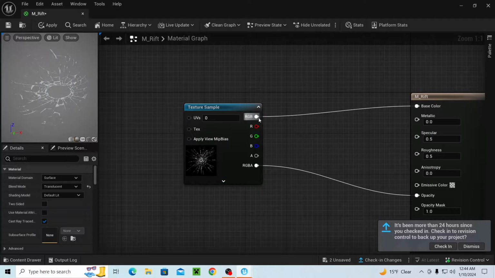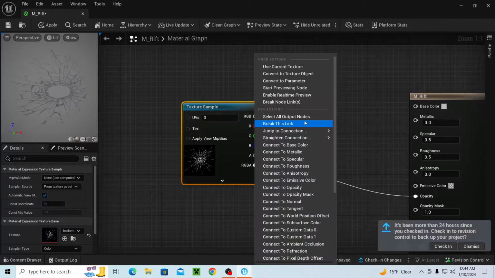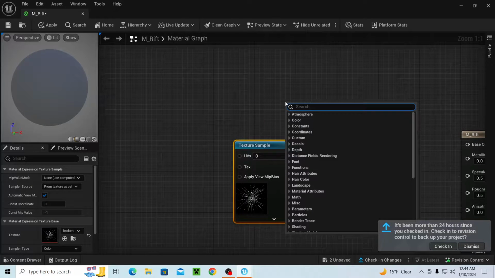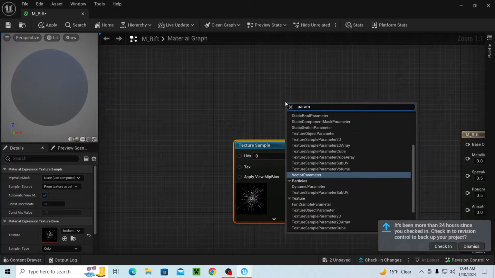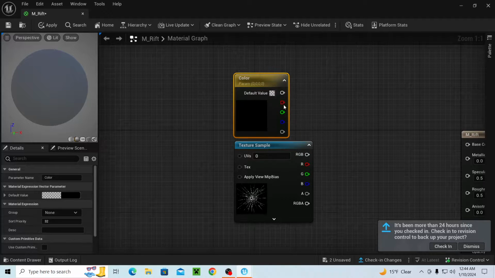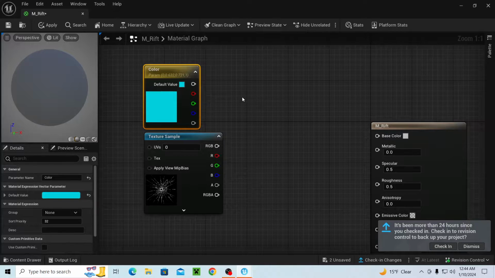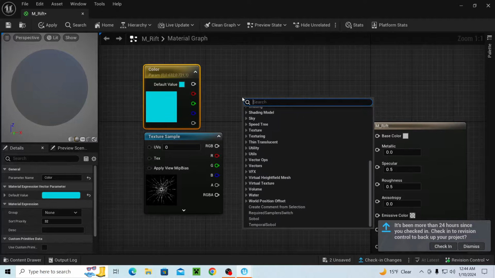But that's not what color rifts usually are, so we're going to break that link, and then we're going to break this too, and we're going to get a vector param here, and we're going to call this color. And this will be our color for our rift. So in this case, since it is a rift, I want to make it a blue color just to give it that rift look. So we'll get blue out here, and we're gonna get a add, or actually, since we're